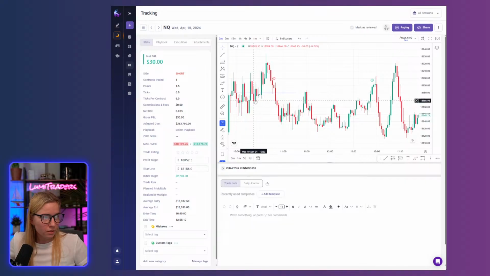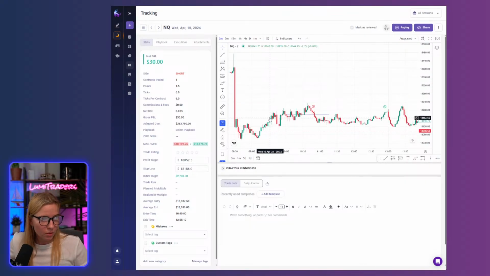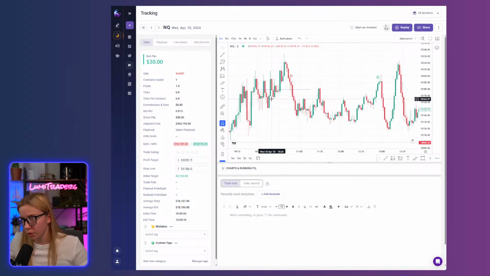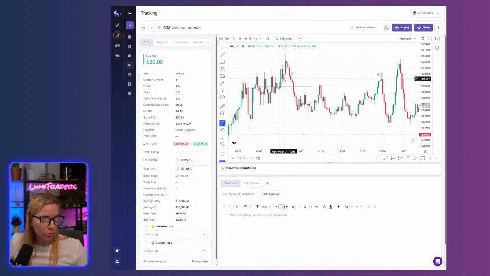Pretty much consolidated, did not offer any good setups for long, for example, but pretty much consolidation. We traced to this huge fair value gap, more bearish than bullish. So I was waiting for an order block, and an order block was presented right there. I was trying to short at the open of the next candle.